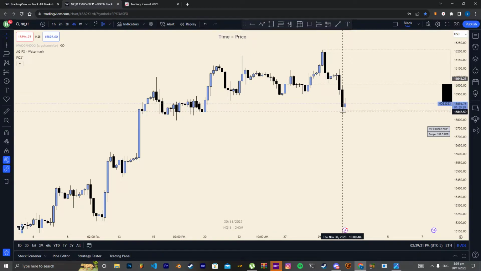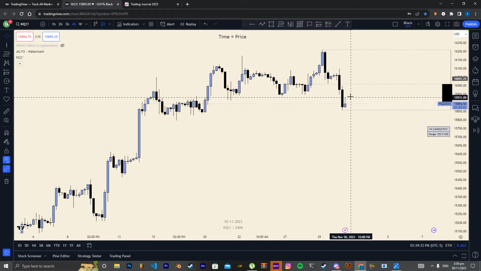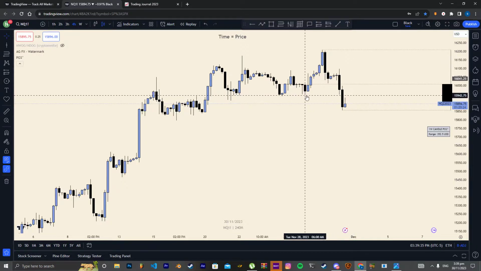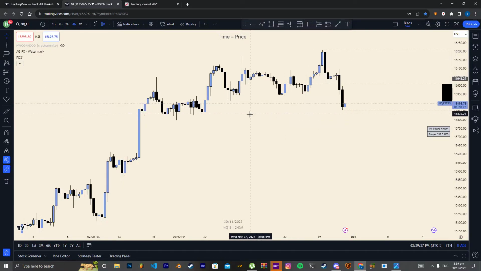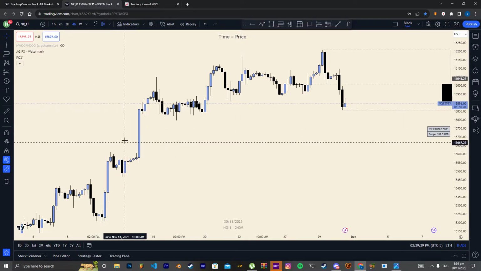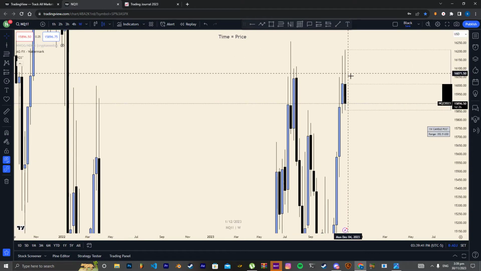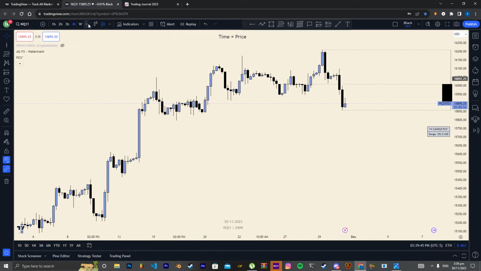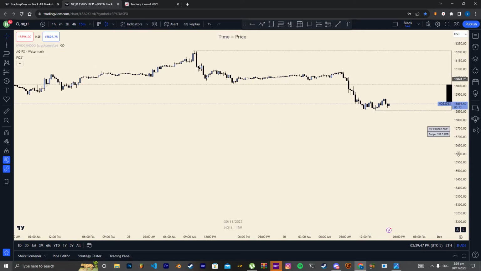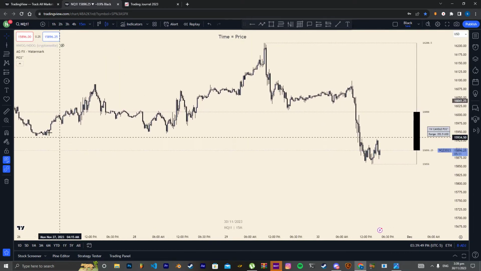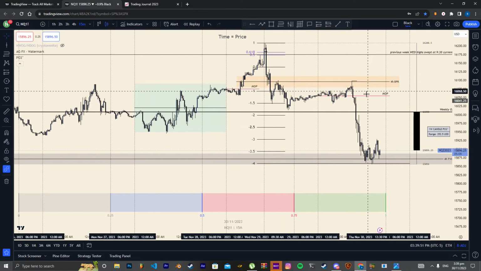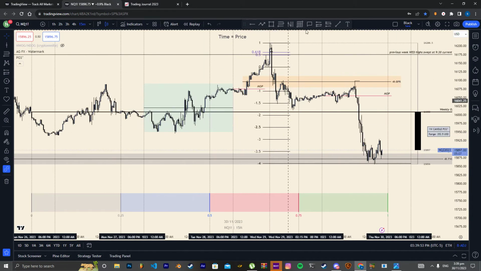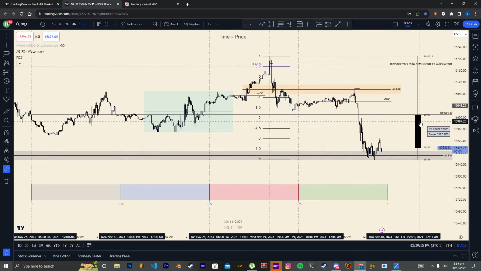If we see a break below, I want price to possibly come back into a premium array inside of one of these breaker blocks, and then I want to see the weekly gap filled. I want to see that weekly fair value gap get filled for Friday. So let's go back and, yeah, as you can see, if we turn back on the chart, this is the weekly outlook, and I